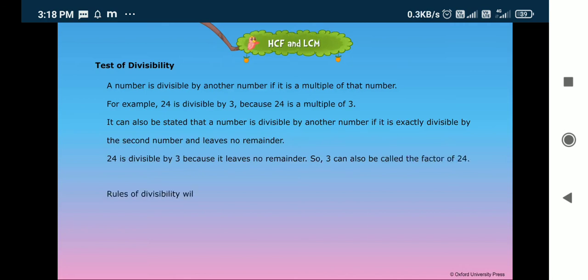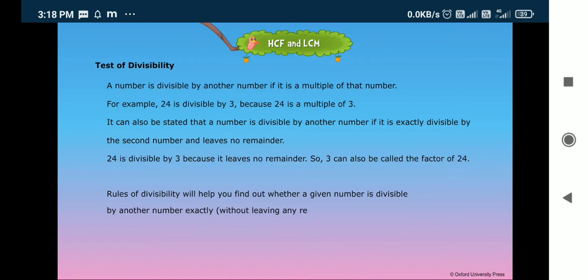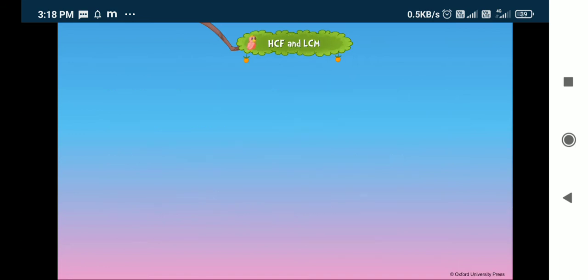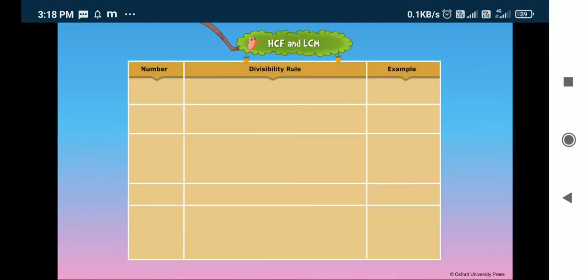Rules of divisibility will help you find out whether a given number is divisible by another number exactly, without leaving any remainder. Divisibility rules. Divisibility by 2. A number is divisible by 2 if it is an even number. An even number ends in 0, 2, 4, 6, or 8. Example,